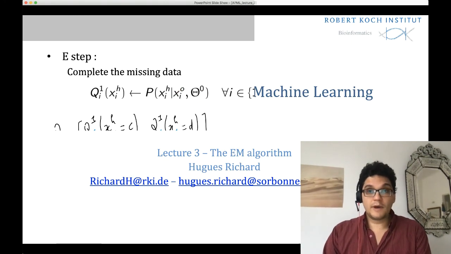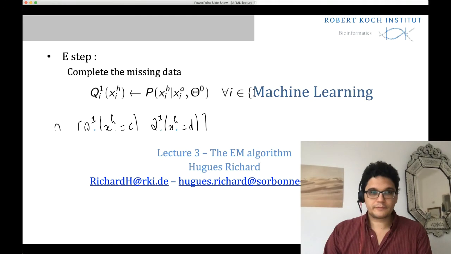Given that we have our parameters, theta 0, which is the probability of each joint event, the probability of having, for instance, C equals C given A equals A is the joint probability of having A equals A and C equals C, which is 0.3, divided by the probability of having A equals A, which is 0.3 plus 0.3, so 0.6. And we can do that for all the other cases.